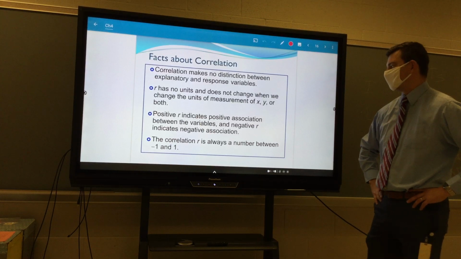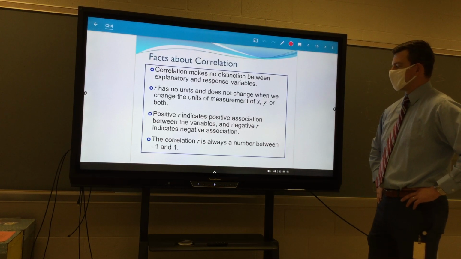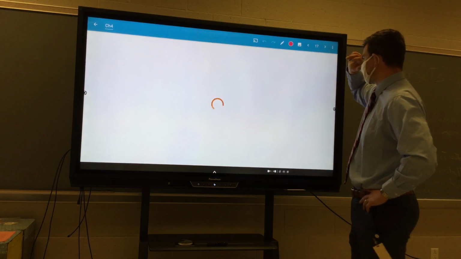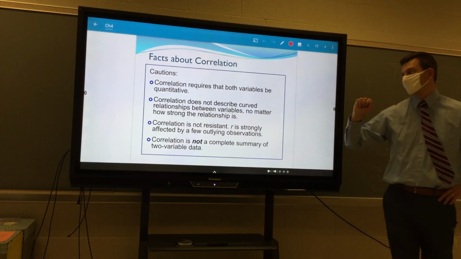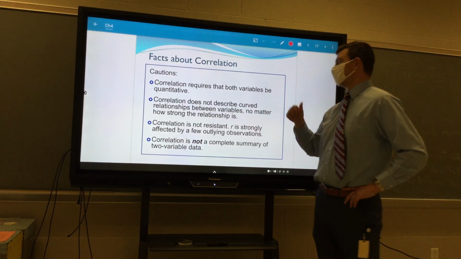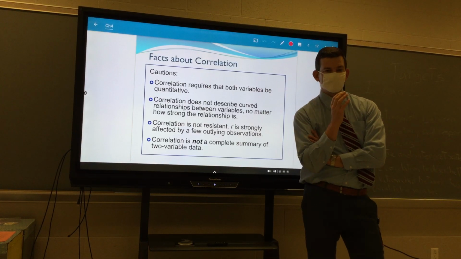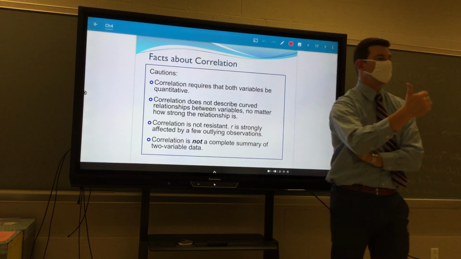Positive R indicates a positive association. Negative R is a negative association. R is always a number between -1 and +1. We already said that. Some cautions about correlation. Correlation requires that both variables be quantitative. It doesn't make any sense to have categorical data on a scatter plot unless it's that third variable like we